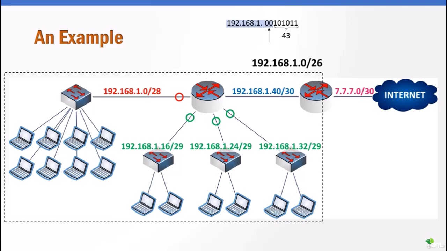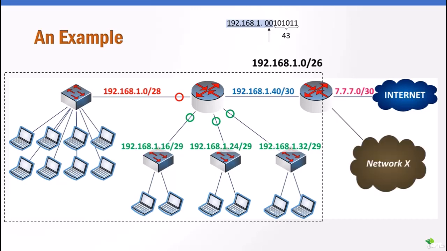Now we are safe in case a new network appears. For example, let's say that's network X and its subnet is 192.168.1.64/26. So now we're okay because all of the IP addresses in our existing summarized network are going to range from 192.168.1.1 to 192.168.1.63, which is actually what you would get